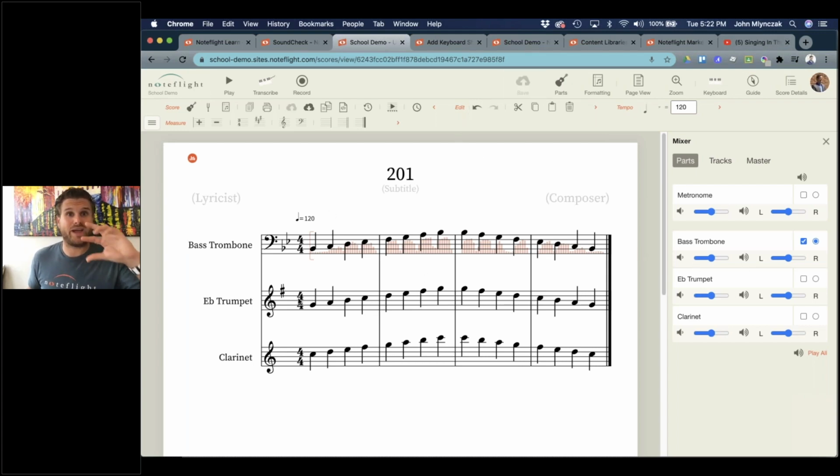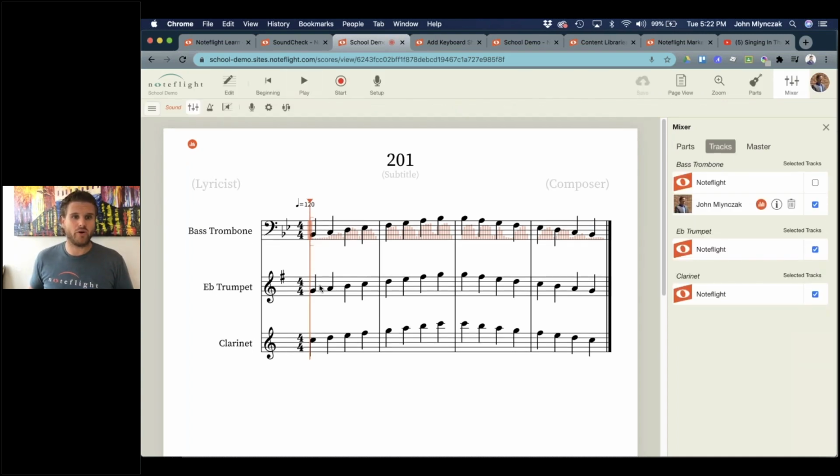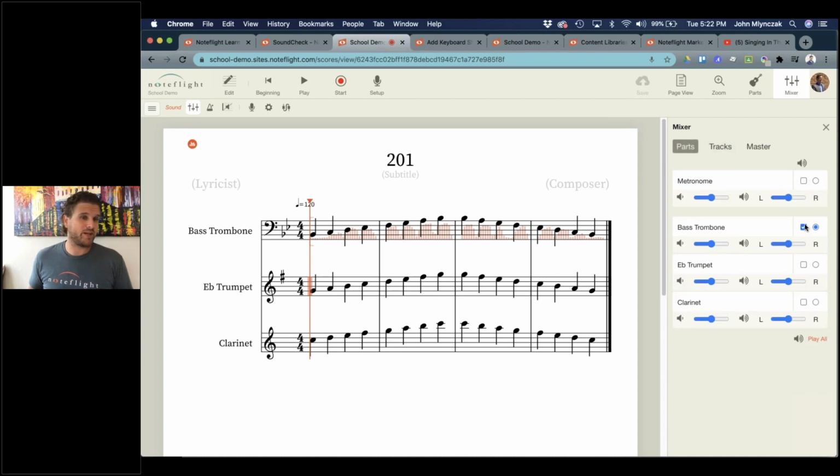Now, what if I want to do a virtual ensemble with myself? I can record this E-flat trumpet part. I don't have one of those laying around, but I've selected the E-flat trumpet. I can choose, maybe I want to play along with the trombone in my ears. Maybe I don't want to hear anything. So you can choose what you want to hear. I've done these where I've recorded the low part and then I've listened up and recorded along with myself. And if I wanted to do that,